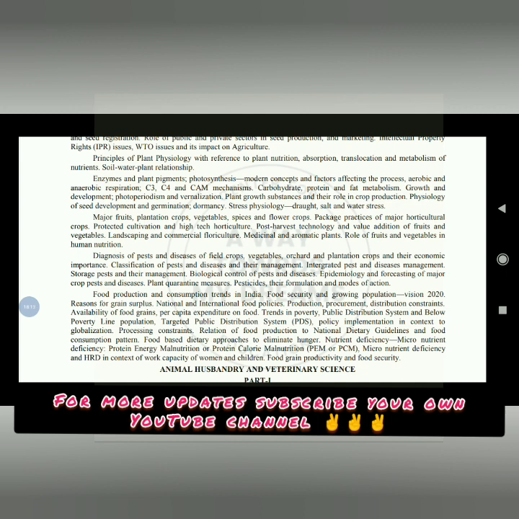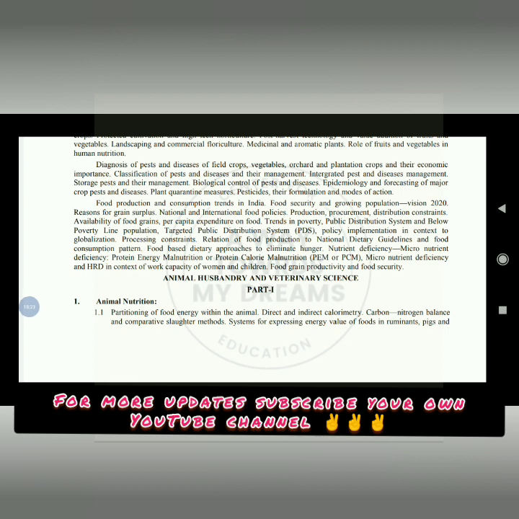of food, trends in poverty, public distribution system and below poverty line population, targeted public distribution system, policy implementation in context to globalization, processing constraints, evolution of food production to national dietary guidelines,